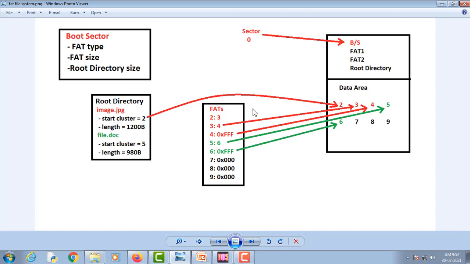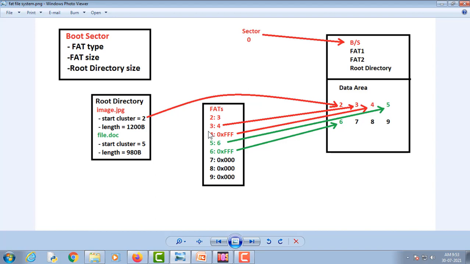Now let's go to the file allocation table. Since the starting cluster of image.jpg is 2, we got this information from the root directory, and from file allocation table we will get information about the rest of the clusters occupied by this file. So if we go to the cluster number 2, it tells us that the next cluster is 3.